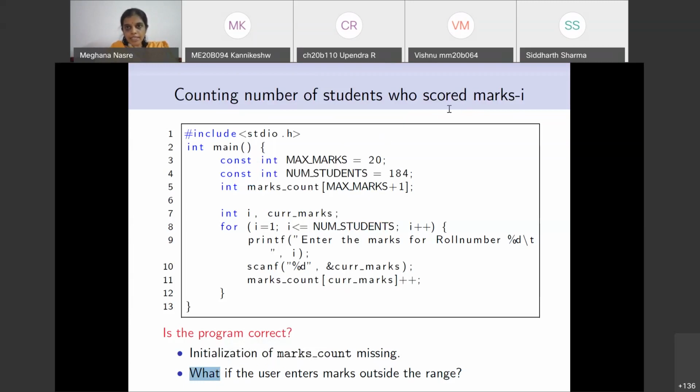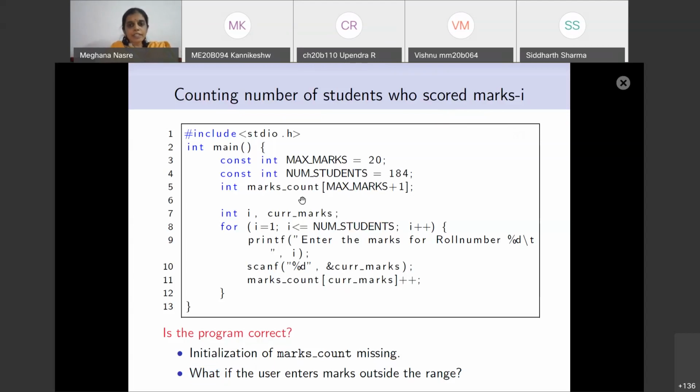Prithvi has said that we'll be modifying some value which is outside the reserved memory, which may result in other errors if that memory is allocated. Yes, it is very likely that you will get what is called a segmentation fault, which is accessing memory which has not been allocated to you, and that will be manifested as a segmentation fault core dump. We will try out this program and make sure that we enter a value which is outside the range and then see what happens.